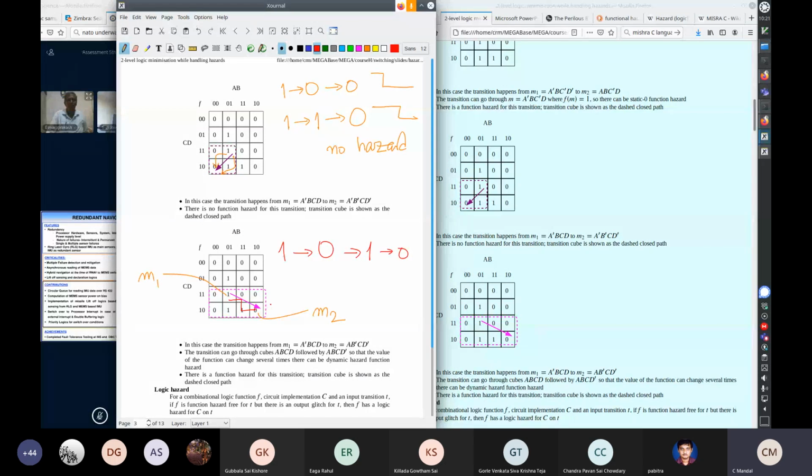So you have hazards over here. This part is a static 1 hazard, and this part is a static 0 hazard. All right. These are called function hazards, because these are so